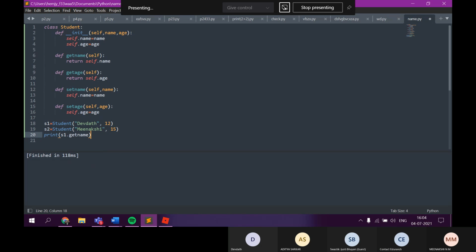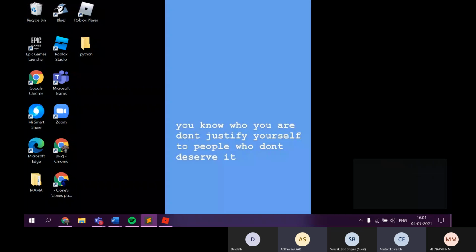See what happens now. Run this. No, you have called get name. See functions. How do you call functions? There is a mistake in line number 20. Is that the way you call the function? No. Parenthesis is missing.